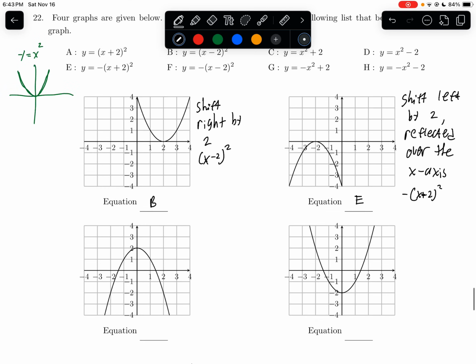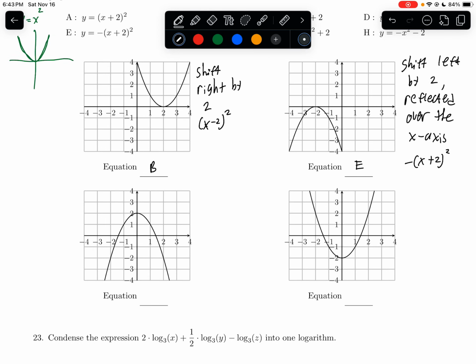So this is E. It should be plus 2. Negative x plus 2 squared. For the other one, I'm not shifting it left and right. I am shifting it up. So this is x squared plus